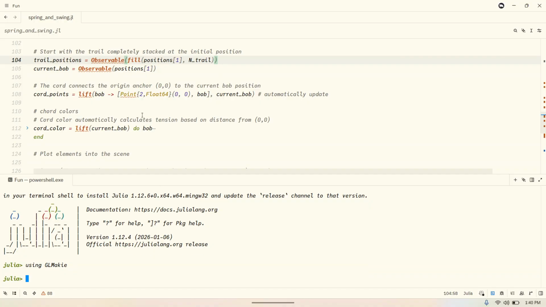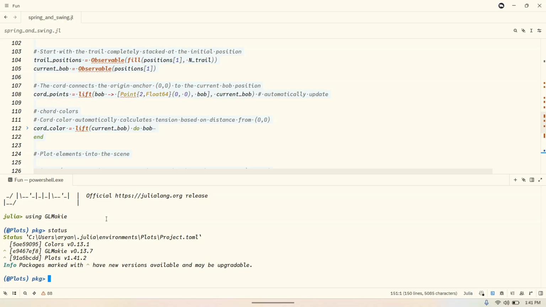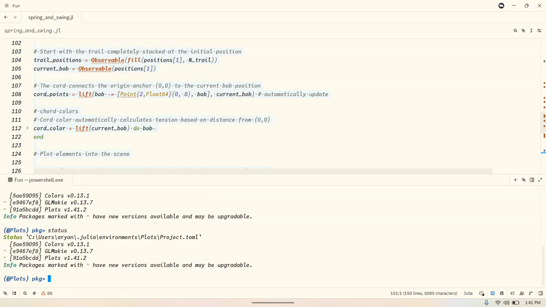Oh, wait, that was super fast. What's this? Let's see. What packages do I have in this particular shared environment? I love shared environments in Julia. Man, super slow for some reason right now. No longer slow, but